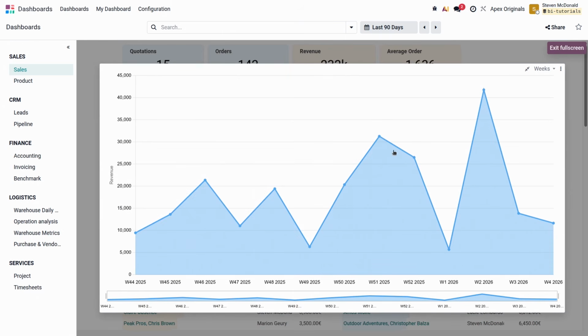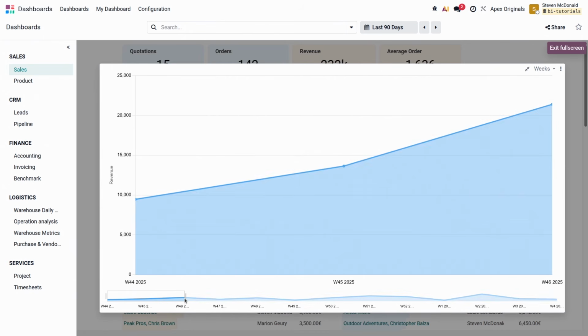Of course, seeing the chart in full screen means it's easier to analyze. But for charts displaying data over time like this one, there is a very handy feature just below the x-axis. This slider allows you to zoom in on a specific time by dragging the ends of the slider to select